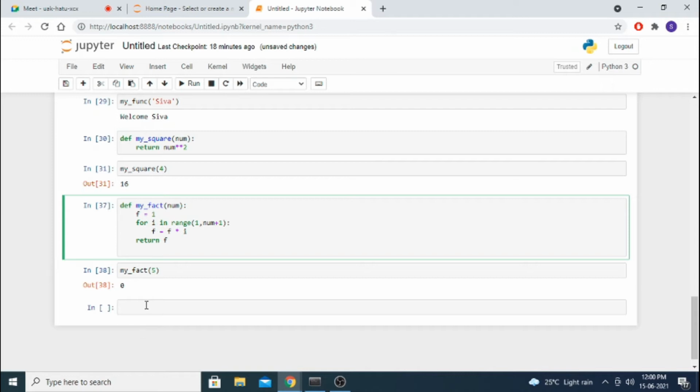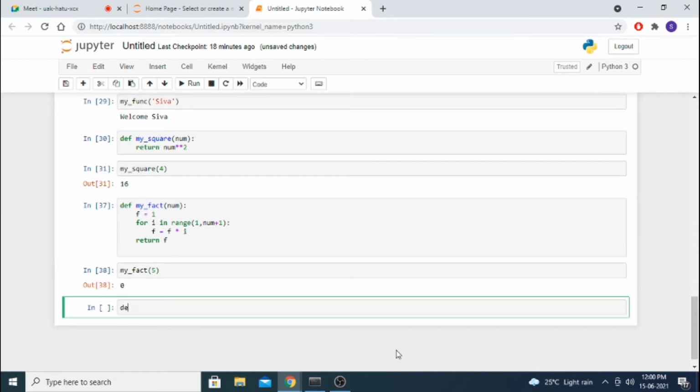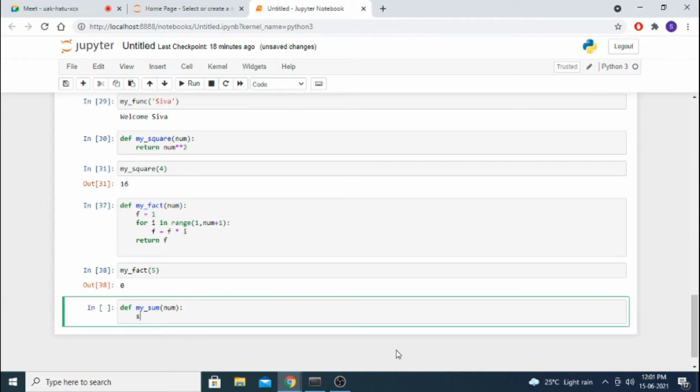Okay, now I can define one more function. def my sum, num. Here the colon is important. Now here I have to give s equal to 0. If you are giving 5, it means 1 plus 2 plus 3 plus 4 plus 5 I have to do.